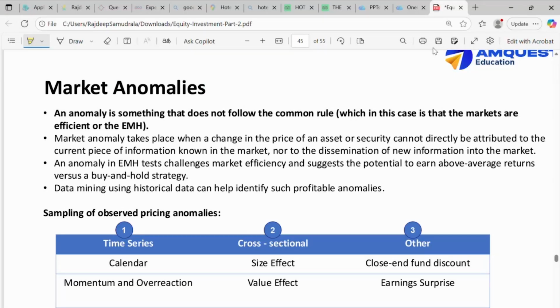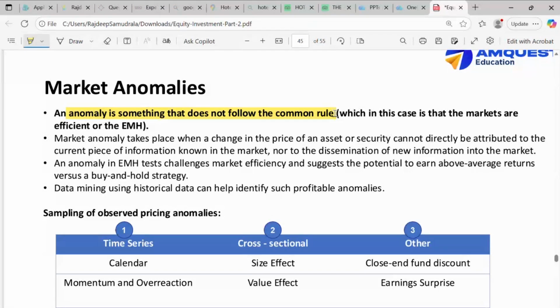Now, market anomalies are basically where there is a certain anomaly in the market that is happening on a regular basis based on a certain aspect or time period, right? So basically, my definition of anomaly is something that does not follow the common rule. When I say the markets are efficient, that means markets should follow certain efficiency hypotheses. It is possible that this hypothesis will not be followed despite having a rule to it, and that is called